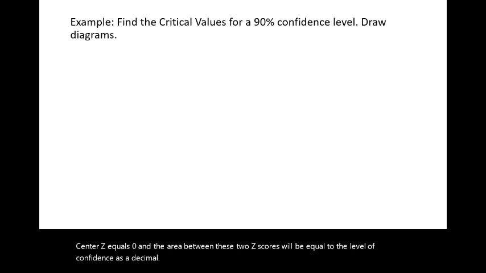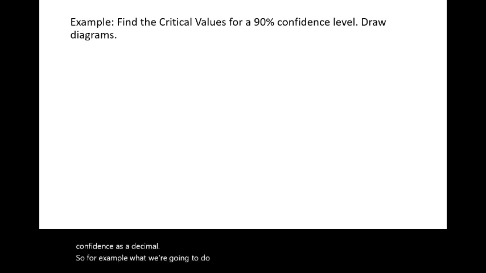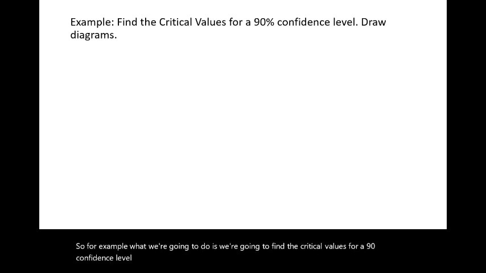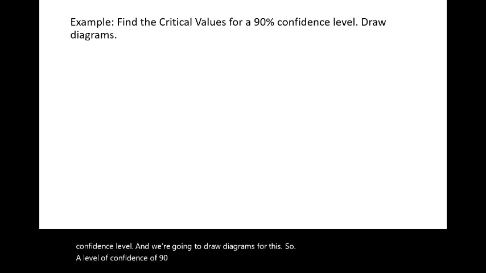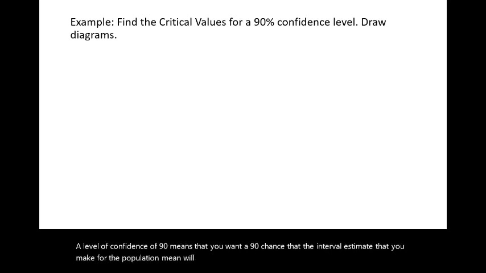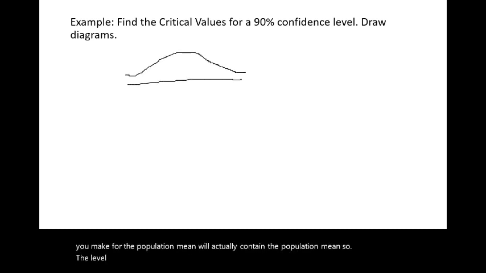For example, we are going to find the critical values for a 90% confidence level, and we are going to draw diagrams for this. A level of confidence of 90% means that you want a 90% chance that the interval estimate that you make for the population mean will actually contain the population mean. So the level of confidence is going to be the area underneath the standard